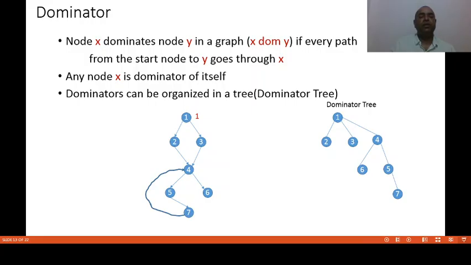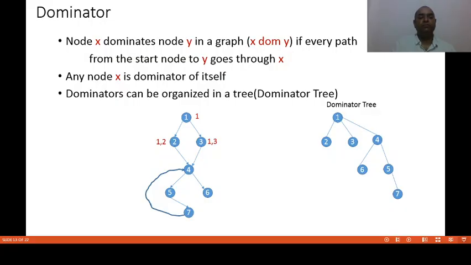So the dominators for 2 are 1 and 2. Same for 3. If the control comes to 3, it always comes from node 1. So the dominators for 3 are 1 and 3.